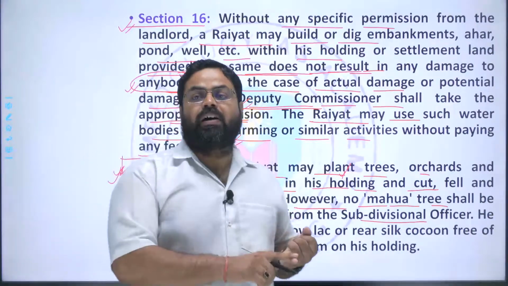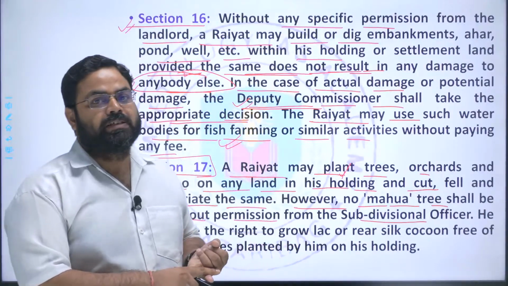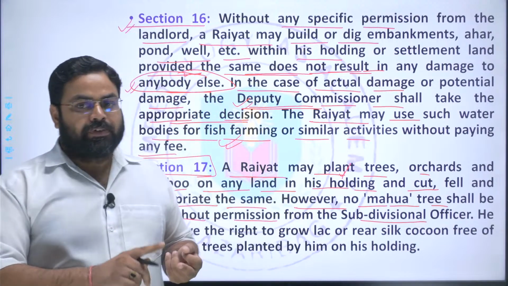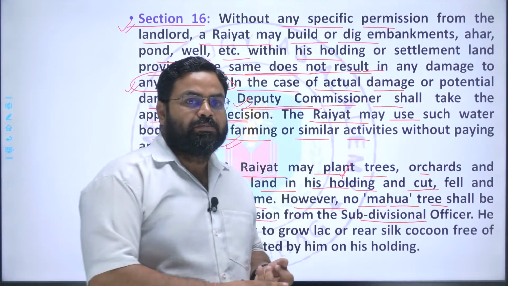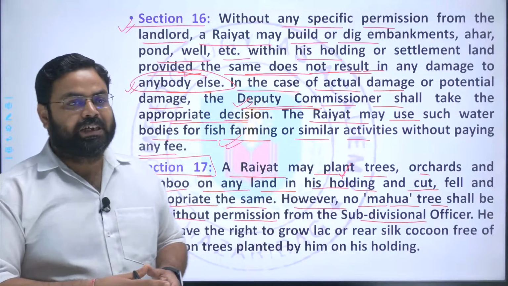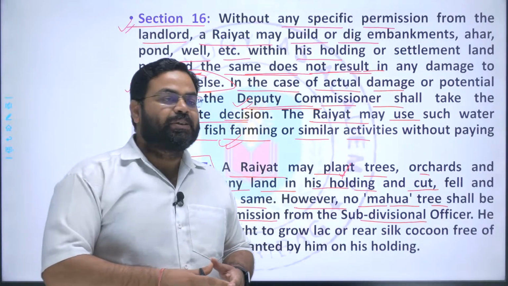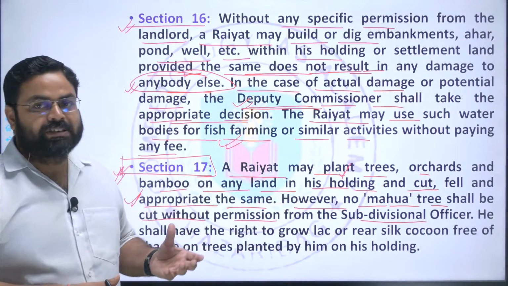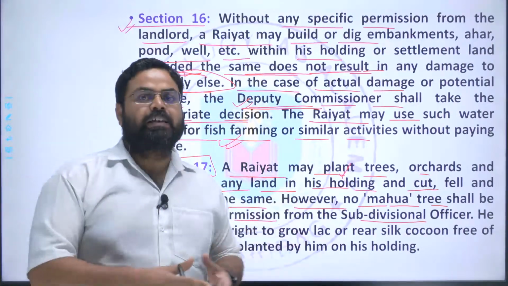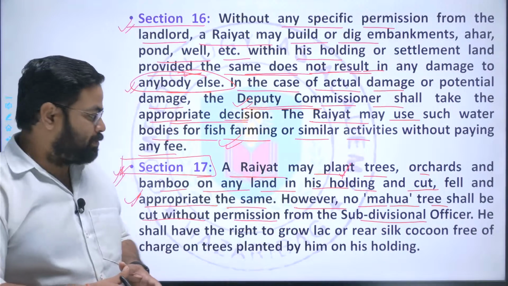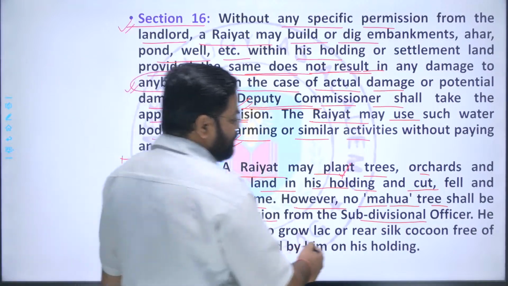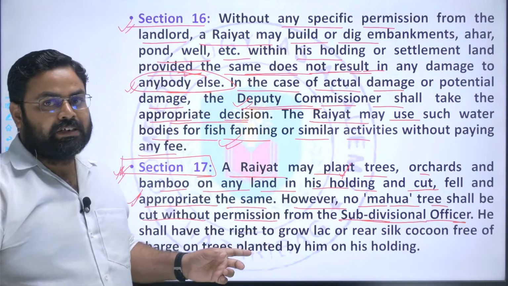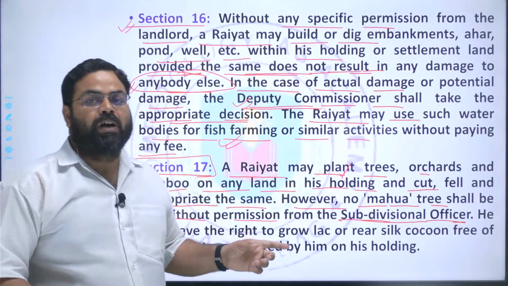Like the flowers of the mahua are used for various purposes, like cattle feed, right? Even for making country liquor, mahua, handia, all these are very popular in Jharkhand even today, right? So at that very time also it was very popular, and the government was getting good revenue out of that liquor sale from the liquor shops, right? And that is why the subdivisional officer's permission is needed to cut down any mahua tree.